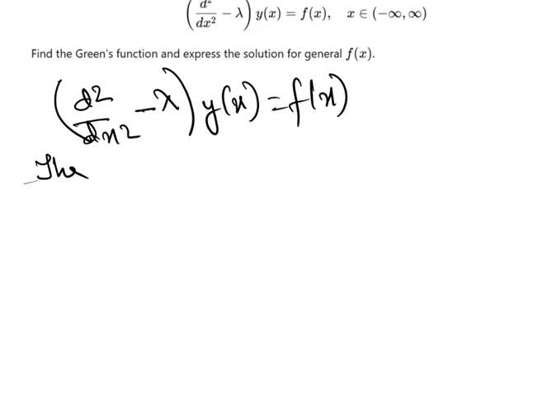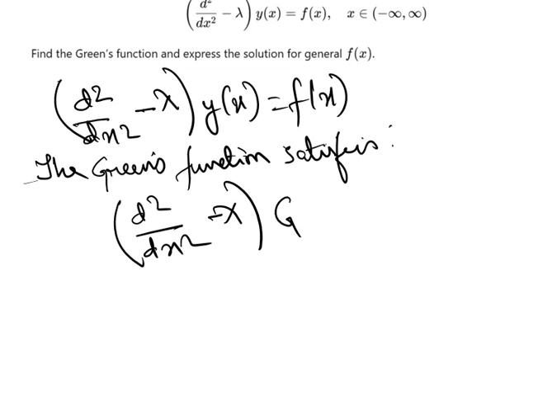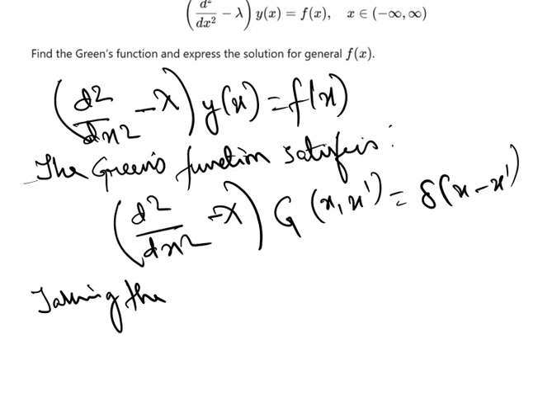the equation d square by dx square minus alpha, acting on G as a function of x and x dash, equal to delta of x minus x dash, right? So taking the Fourier transform,